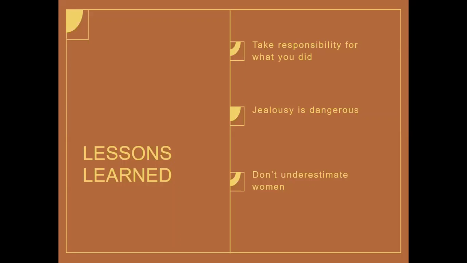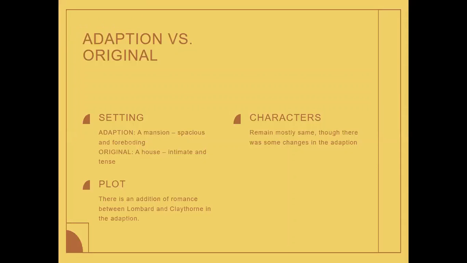And now I would like to take you to the last section of our presentation, which is the adaptation versus the original. There have been 11 adaptations in total, but I would like to focus on the most recent one, the British TV miniseries. The series stays true to the book plot, but some major changes have been made, resulting in ignoring what makes the book a masterpiece while striking out as amazingly entertaining TV.